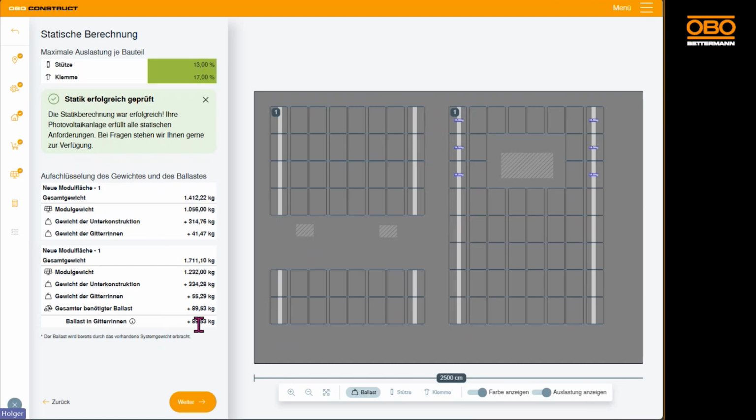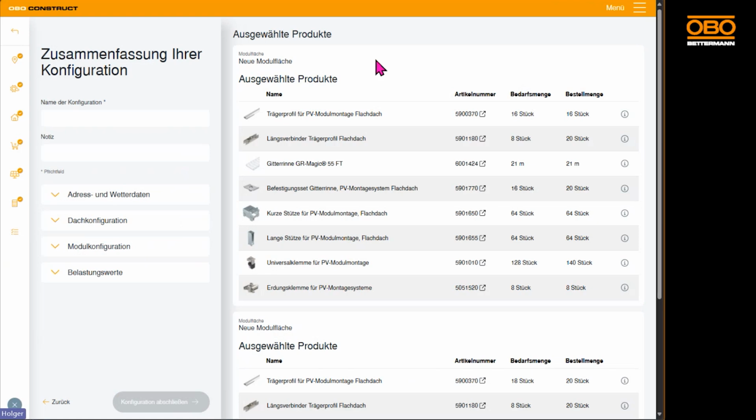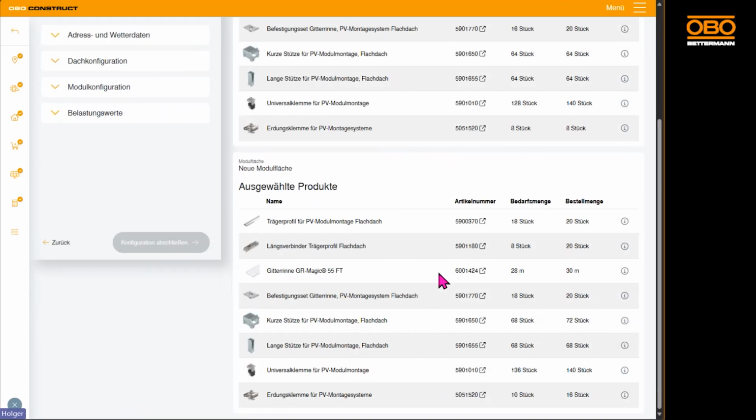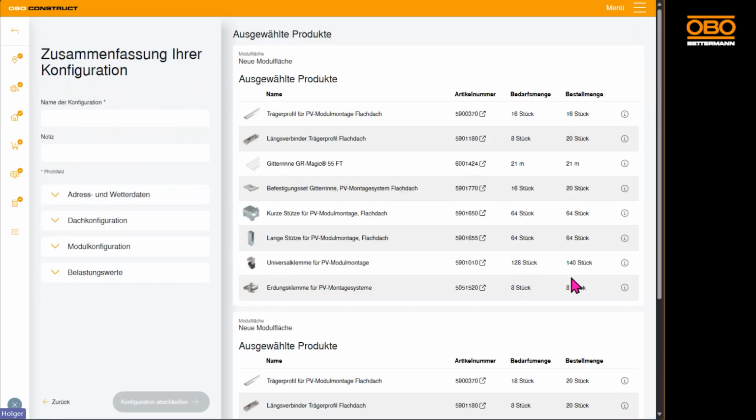They are broken down again here on the left, how the entire total weight here is composed and broken down in detail. And I can now observe the same once again in the next step within the overall summary view. That means I have my selected products for module area 1 and 2, which are being separated into distinct sections. Here I have the required quantity, and then the corresponding order amounts that I can, of course, also place through the wholesaler as needed for the project. To wrap this all up, I still need up here